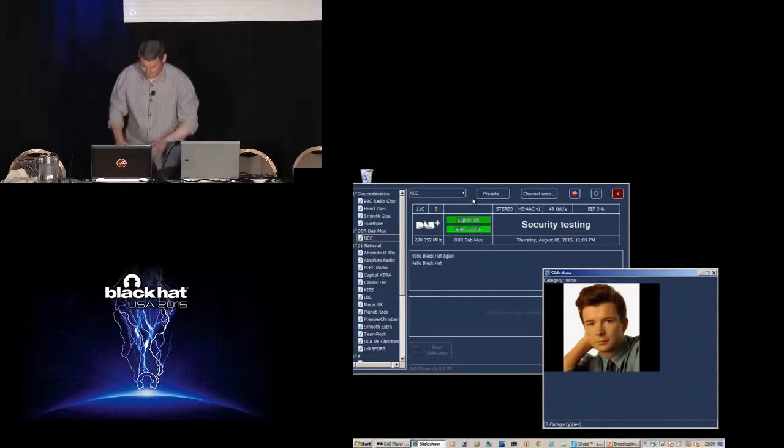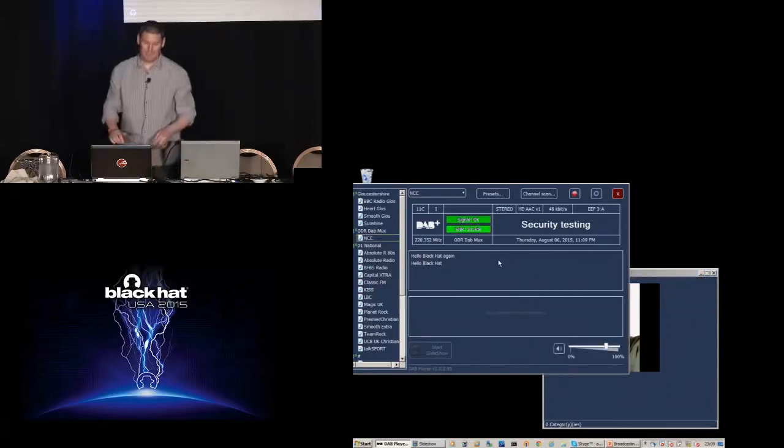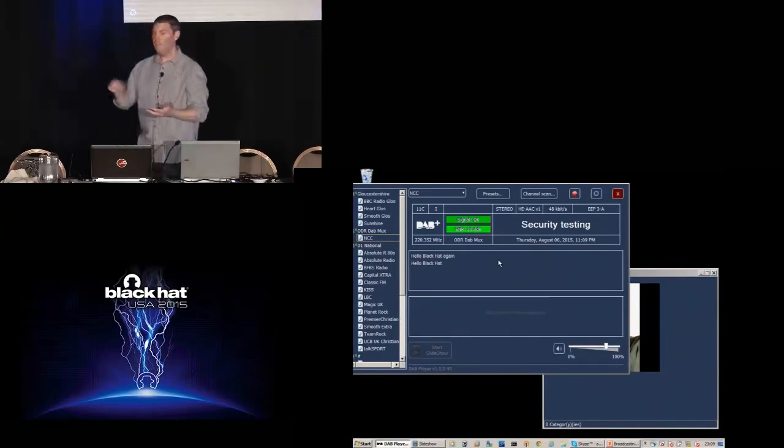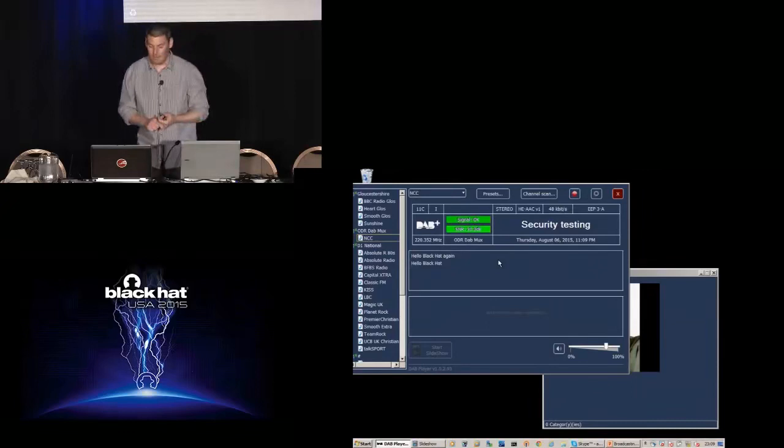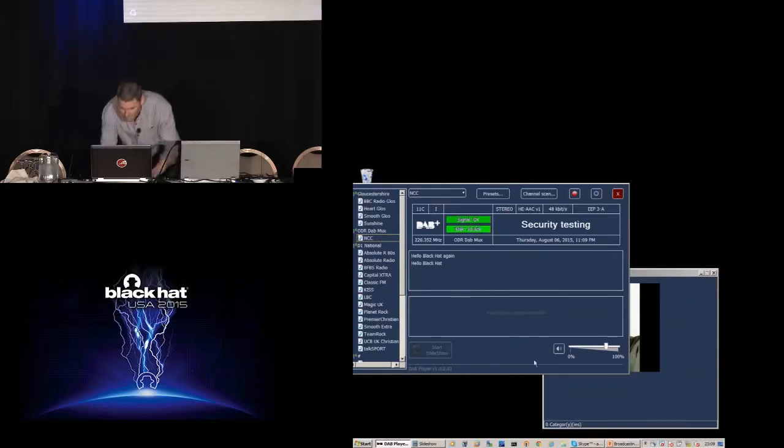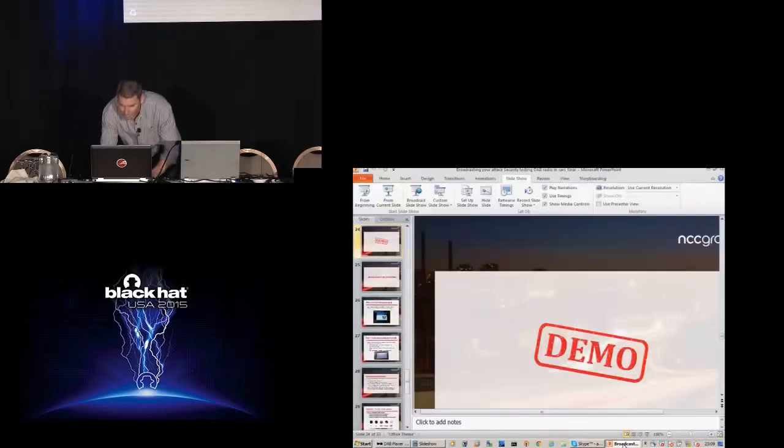Rick Astley makes an appearance. He gets everywhere. So with DLS data, you can send SQL injection, cross-site scripting, because a lot of these head units are connected to the internet, remember, these days. And it's generated lots of interesting results. Right, let's get back to this.